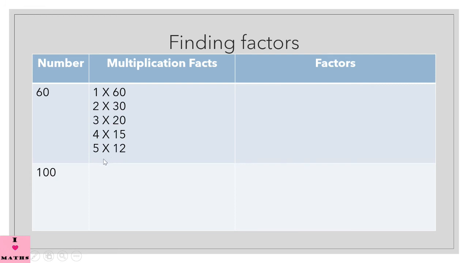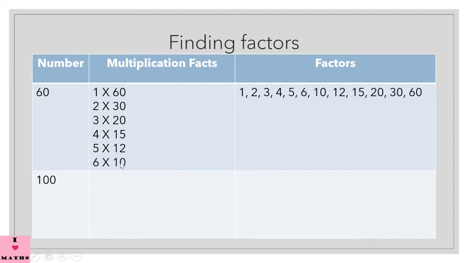Okay. So let us check. The next number is 6. Does 60 come in the table of 6? Yes. 60 comes in the table of 6. 6 10s are 60. So 10 and 6 are also the factors of 60. Now we have to check only the numbers between 6 and 10. That means 7, 8 and 9. We have to check only 3 numbers, beta.